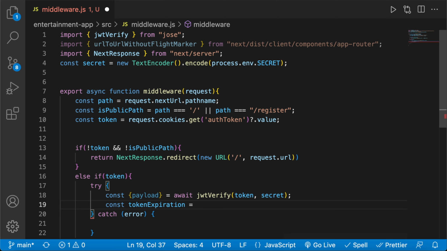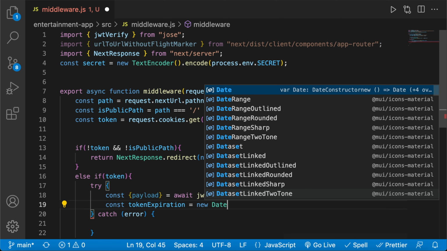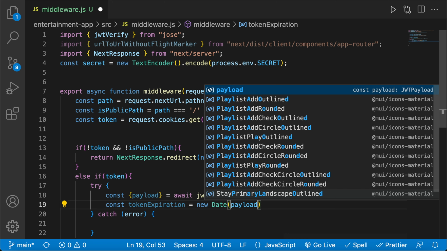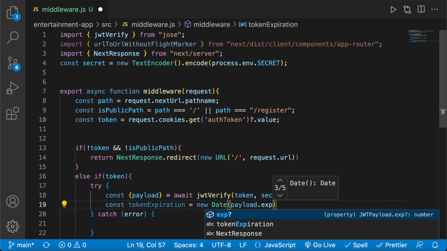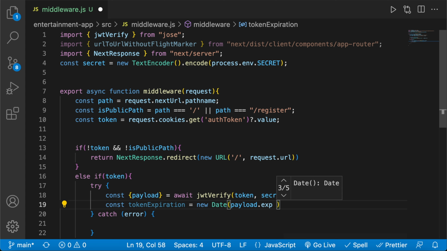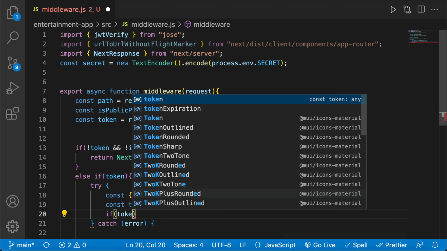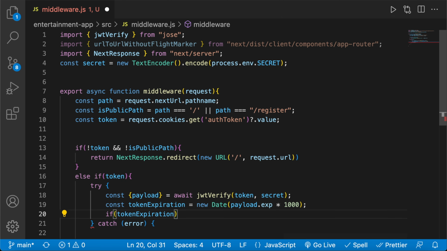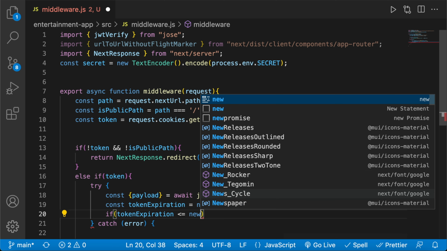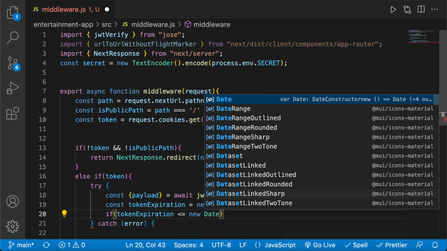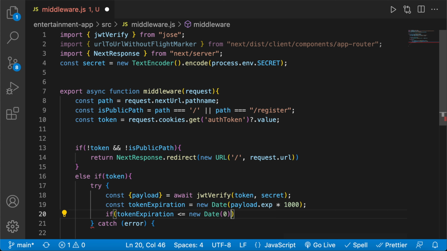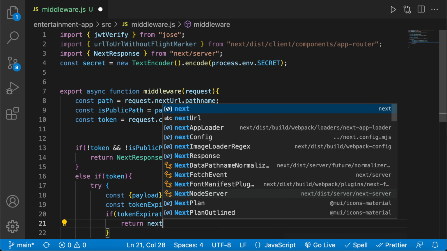So we're saying const token expiration, new date. We're going to check the payload dot expiration times 1000. And then we're going to say if token expiration is less than or equal to the new date, there you go. We're gonna say return next response